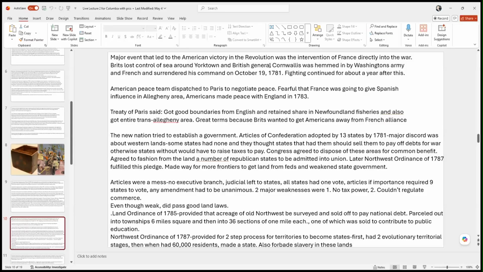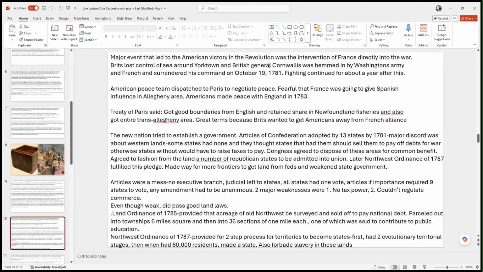So now there's this new country that's just been created, and one of the first things they have to figure out is what kind of a government are we going to put in place in this new country. And they just got through the Revolutionary War. They just fought a country that was a monarchy, basically trying to be a dictator to them. So they were very wary of having a really strong federal government. Initially, they tried to create a very weak federal government and left almost all the power and control to the individual states. And they called this the Articles of Confederation.